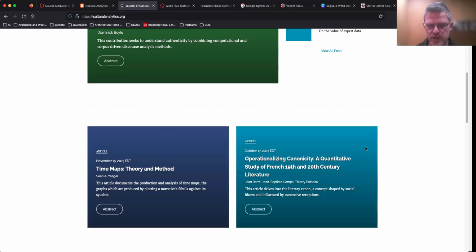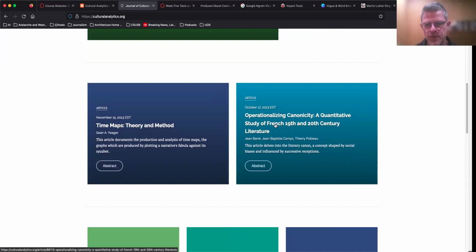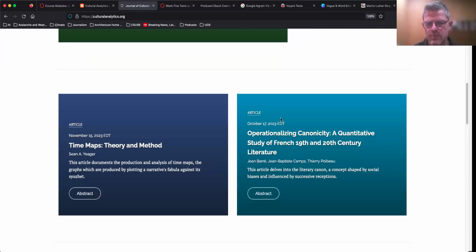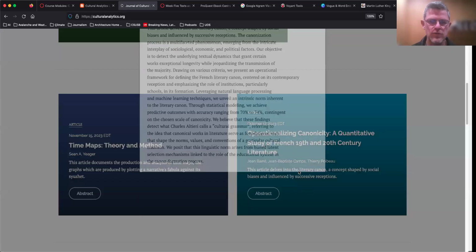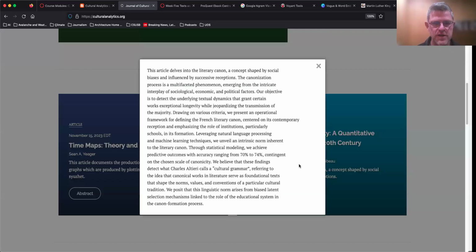If we go down a little bit, look at this one. I hope you can read that. "Operationalizing Canonicity: A Quantitative Study of French 19th and 20th Century Literature." And so what this does, if you open it up and you read the abstract, is it detects underlying textual dynamics that grant certain works exceptional longevity while jeopardizing the transmission of the majority. Or in other words,